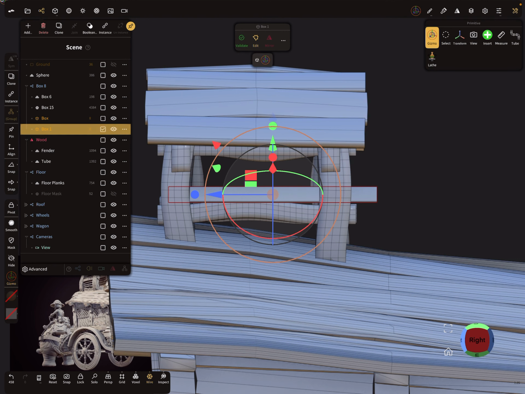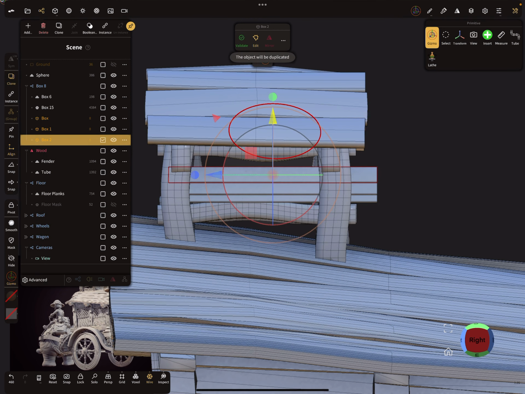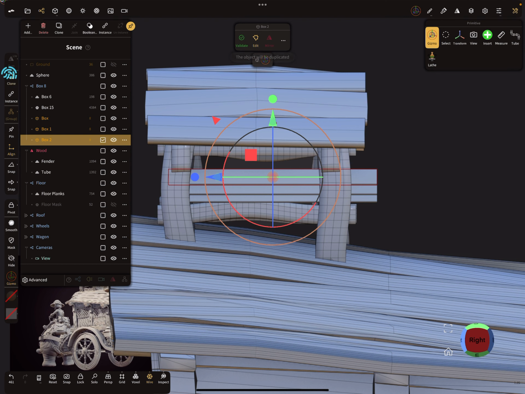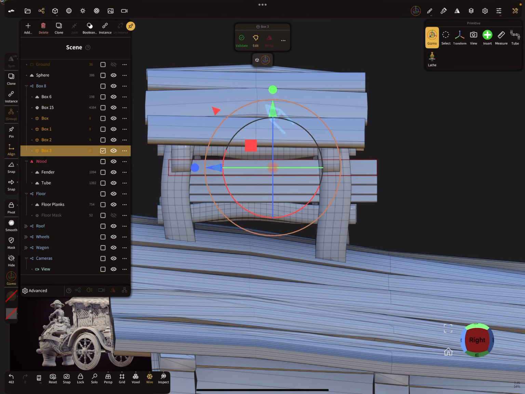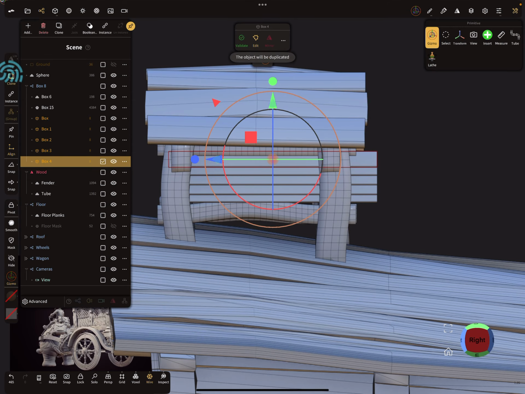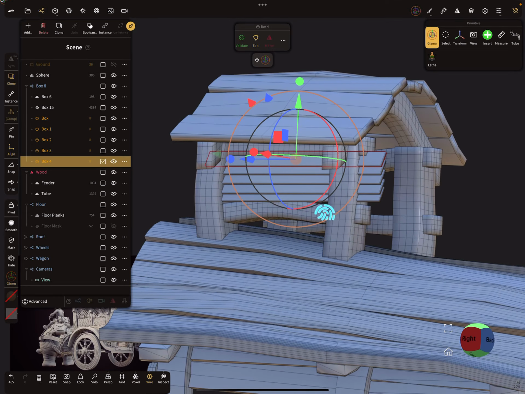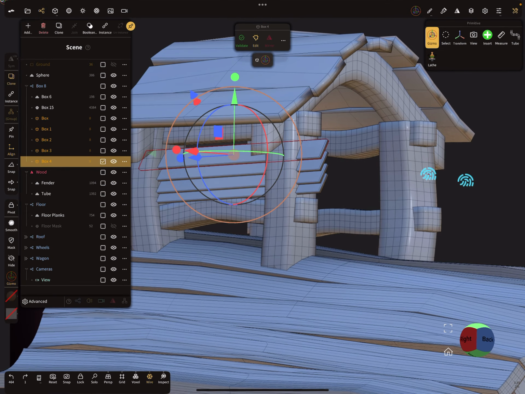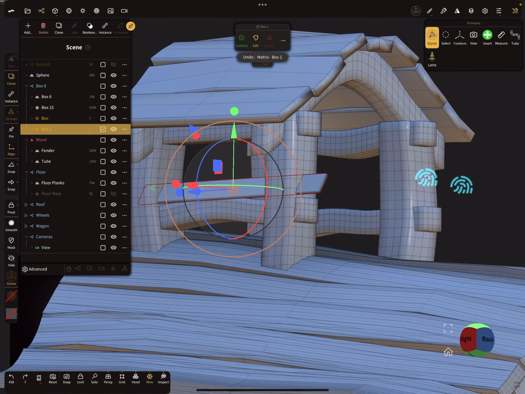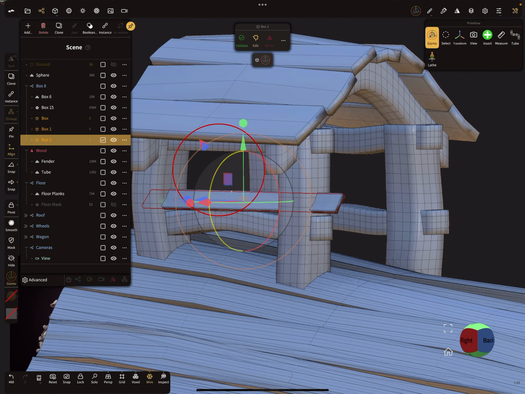So now I clone it and place it one by one. We need more rotation.